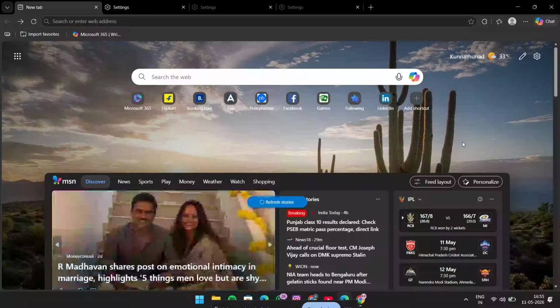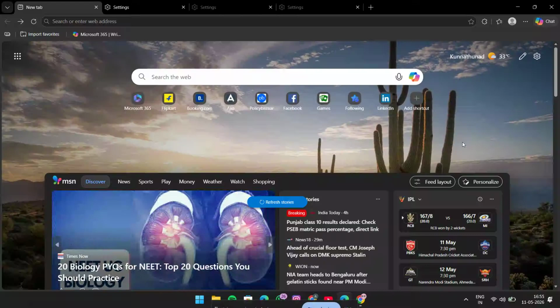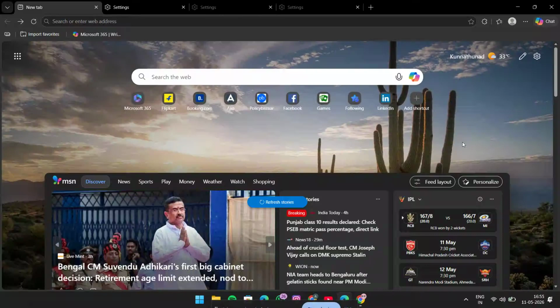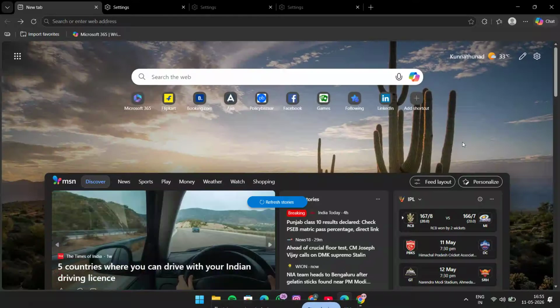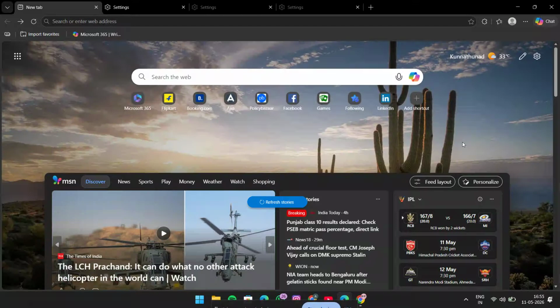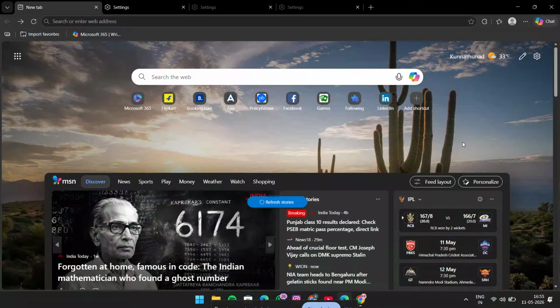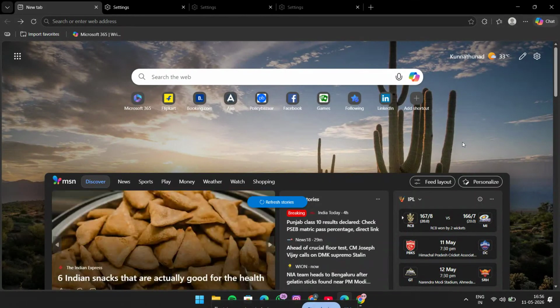If you've been trying to turn on the Favorites toolbar in Microsoft Edge, this quick tutorial will show you exactly where to find it and how to make it appear the way you want. The Favorites bar is super useful because it gives you instant access to your most important websites, bookmarks, and shortcuts right at the top of your browser. So whether you want it visible all the time or only on new tabs, I'll walk you through the process